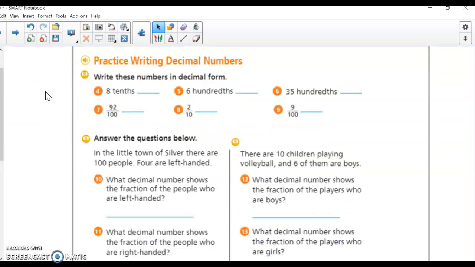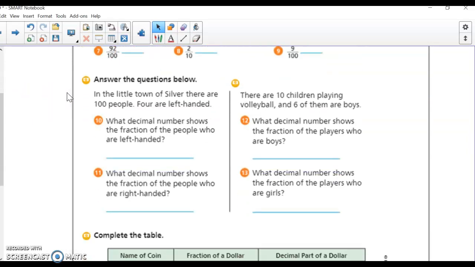You're going to do this on your own today, and then we'll go through it afterwards. So you have 8 tenths, 6 hundredths, 35 hundredths, right? You're going to name these as decimals, label these as decimals. Don't forget if something's in the hundredths place and you need a placeholder, okay? And then we are going to also apply what we just learned, making decimals and fractions with word problems,